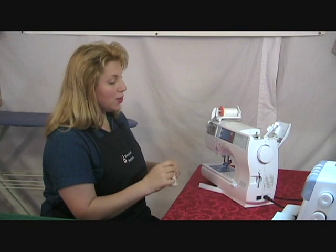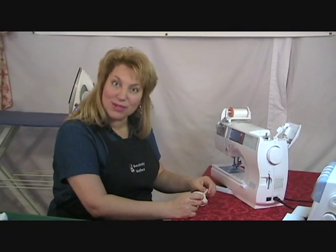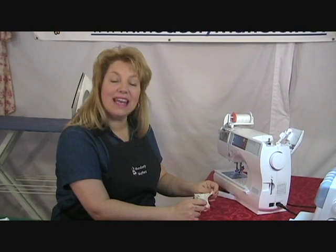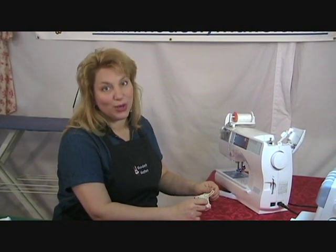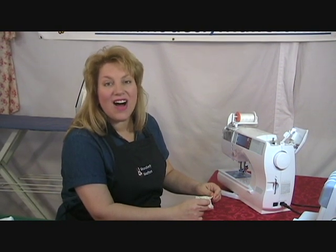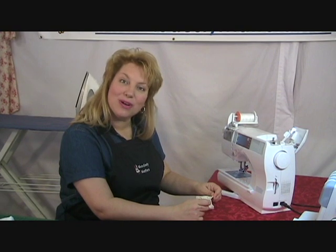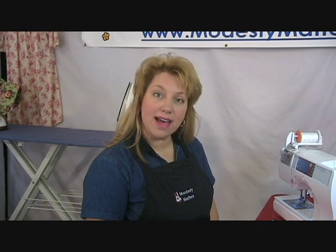Now let me tell you a little bit about sewing machines. If you have inherited a sewing machine, please take it and get it serviced and get an instruction manual before you try to work with it. It will save you a great deal of headache. Also, take your instruction manual and familiarize yourself with your sewing machine: how to do a straight stitch,